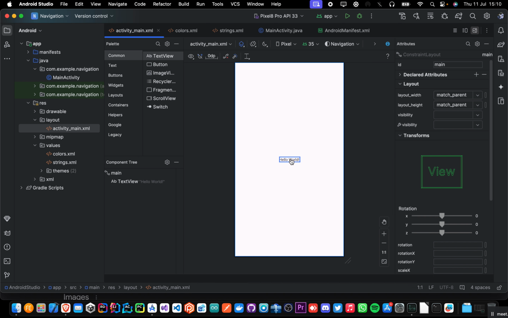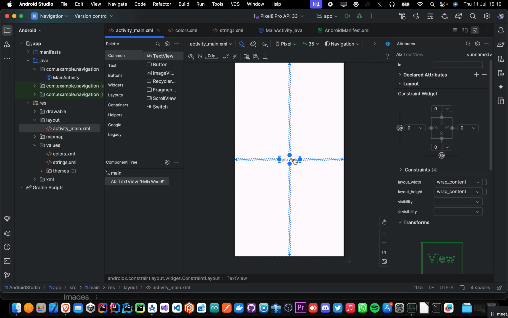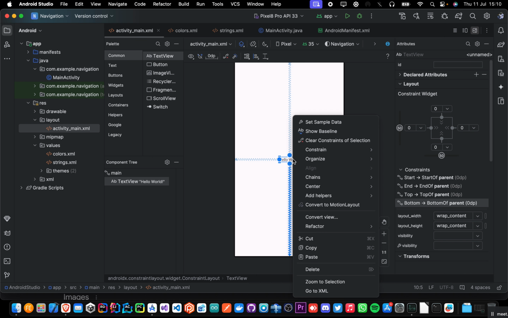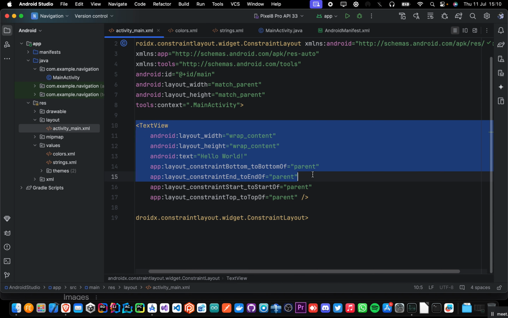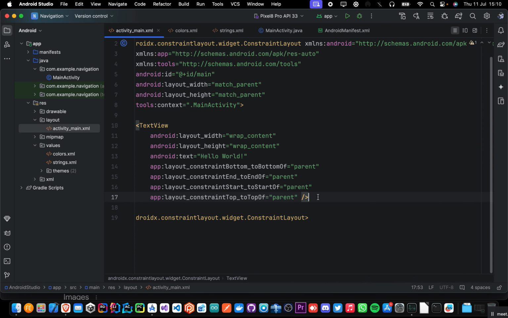It starts with the hello world. So think of this as the hello world for Android. And if I wanted to change the text, I just right click and then click on go to XML, and as you can see, it's a text view. Now if I wanted to change the text that is present in